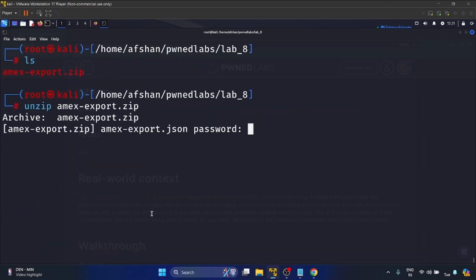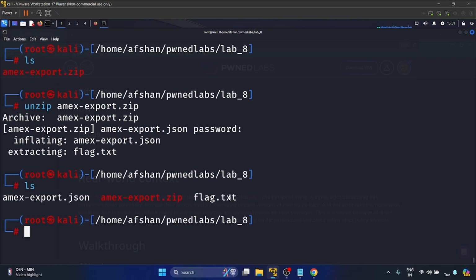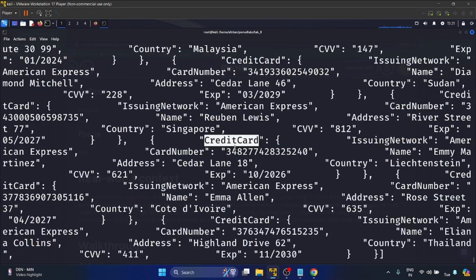Unzip, and let me paste the password here, hit enter. Now let's ls, and you can see we have got our flag.txt file and mx export.json. So let's cat the JSON file, hit enter, and as you guys can see, we have this credit card information,